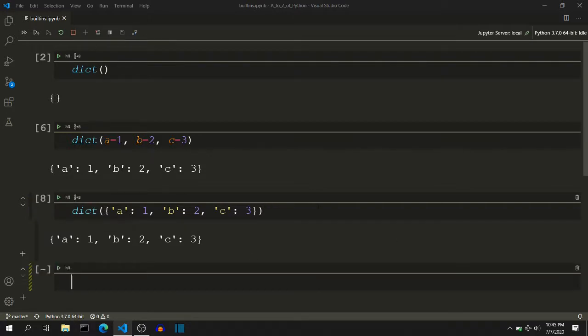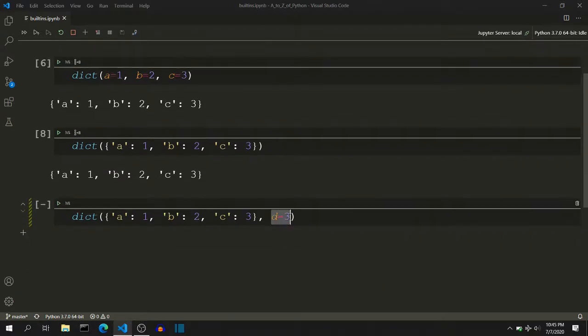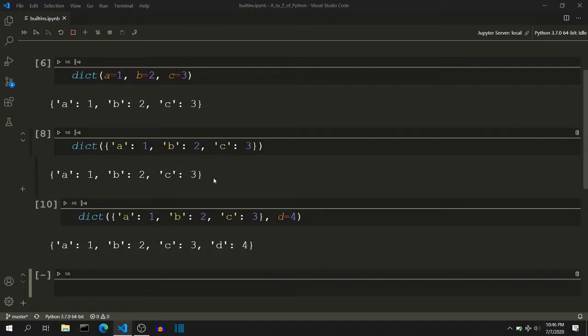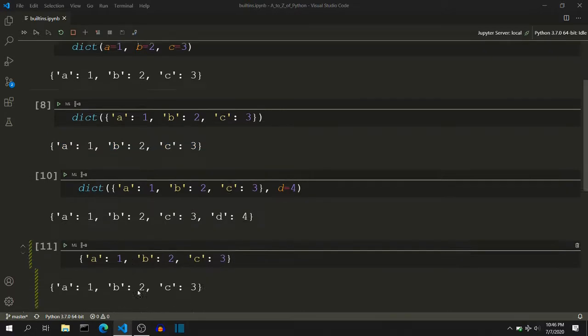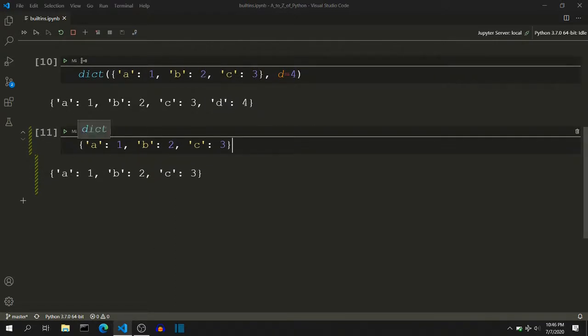You can also pass a mixture of mapping and keyword arguments like this. So I will copy the above line and paste it over here. So along with the mapping, I will also add one more keyword argument like this, d equal to 4, and it will include both the mapping elements as well as keyword arguments inside the final dictionary. As you might have guessed, you can initialize a dictionary using this curly bracket notation literal directly. So if I paste this, it will still return me a dictionary. So you can store it in a variable or just print it like this.